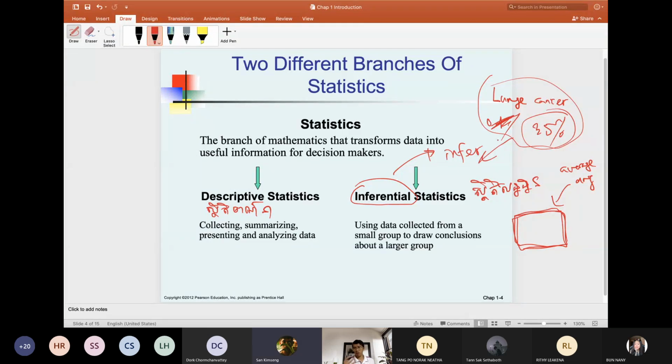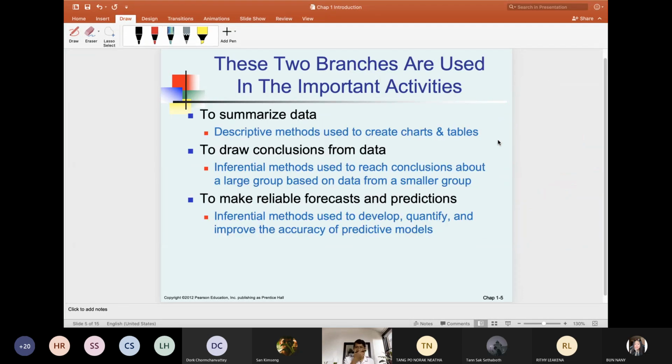You want to know the general information of a large group, but you have no choice to access the data in the larger group. So you have to just select a smaller one, do analysis and come up with some conclusion. Okay, so